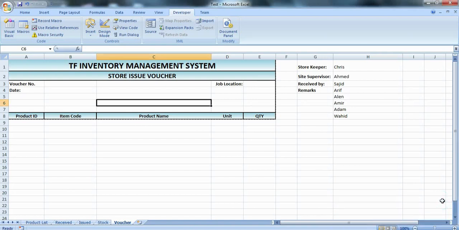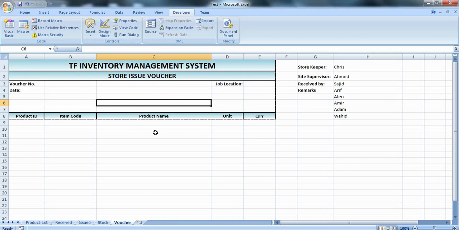Assalamu alaikum friends. Today I bring the ninth part of inventory management software using Excel VBA, and in today's video we will learn how to create a dynamic and totally automated issue watcher. This issue watcher will be created on just clicking a button.